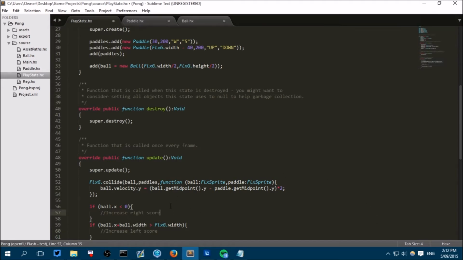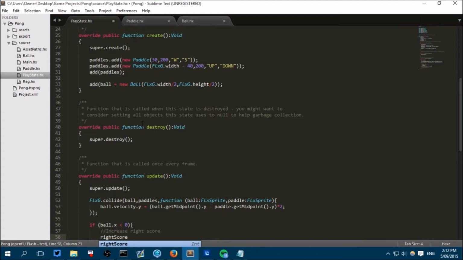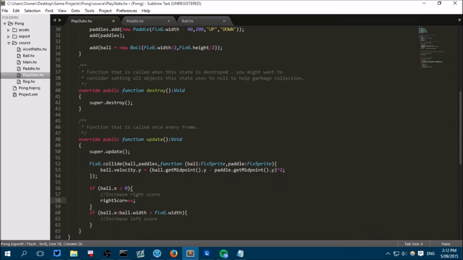So now that we have done that, we're actually going to increase the score. So just put in rightScore++. We could say rightScore equals rightScore plus 1 or rightScore plus equals 1, but just putting plus plus will just increase it by 1. And then if it goes off the right side of the screen, then we increase the left score. So just write leftScore++, semicolon. Just like that. And now when it goes off the side of the screen, it will register that it has